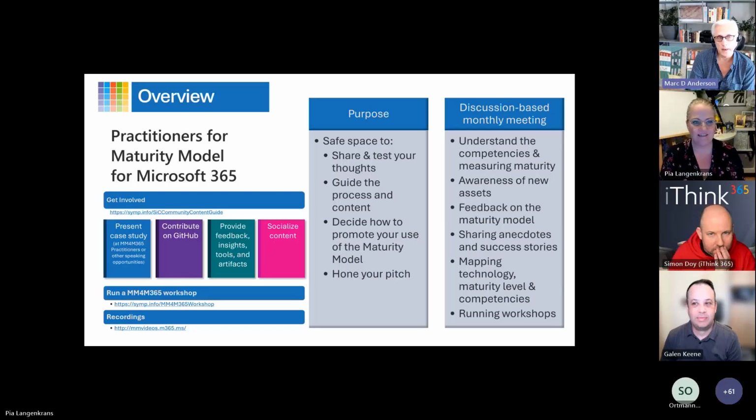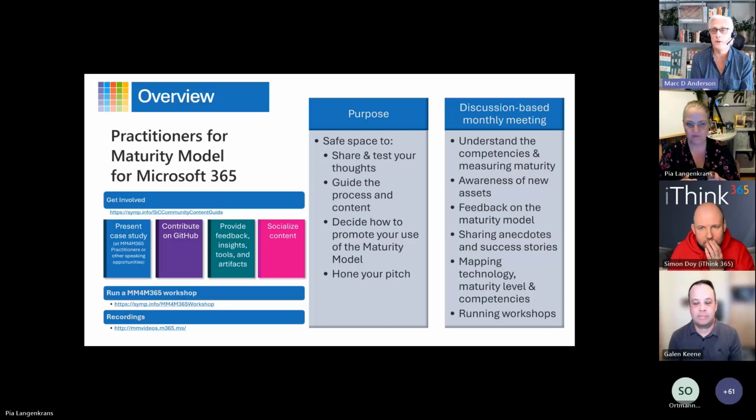How can you get involved with this effort? You're here as an attendee, so that's certainly one of the options. We'd also love you to think about what you could present on one of these calls. This is very much a community-driven thing. We have a core team, we put thoughts together, we put them out there in the world, but we get feedback from all of you. So if you have a case study, something that you've accomplished in your organization that you feel is connected to the work that we do with the maturity model, we would love to have you present.